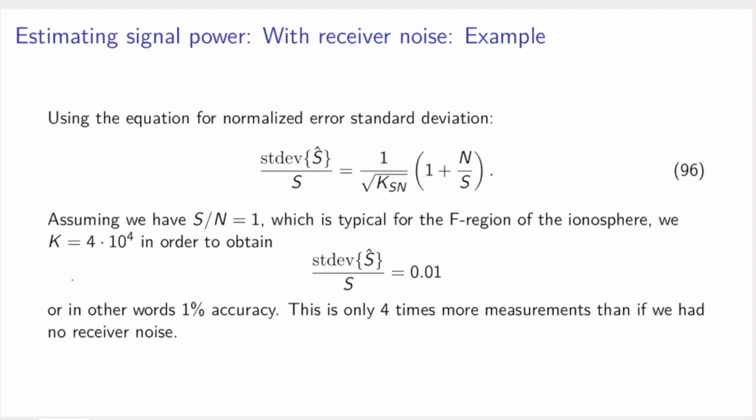have receiver noise. Assuming that we have a signal-to-noise ratio of 1, which is typical for F-region ionosphere, we have to make 40,000 measurements in order to obtain 1% uncertainty in our measurement of signal power, and therefore measurement of